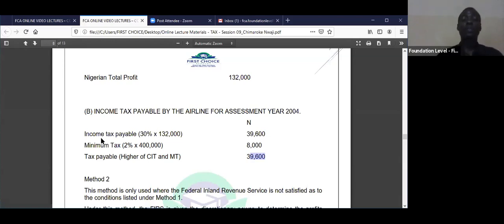But notice here that they will not pay education tax. Ask me why. I'm hearing someone asking me why. This is because education tax is chargeable to all companies incorporated in Nigeria. It's for all Nigerian companies. So foreign companies do not pay education tax. So don't go and compute education tax in special business. If you put it in your answer, you have shown the examiner that you lack understanding of what education tax is. So don't put it. They don't pay education tax. So these are the two taxes you are asking them to pay. Either you pay the CIT